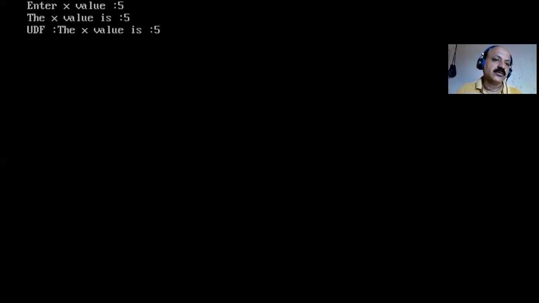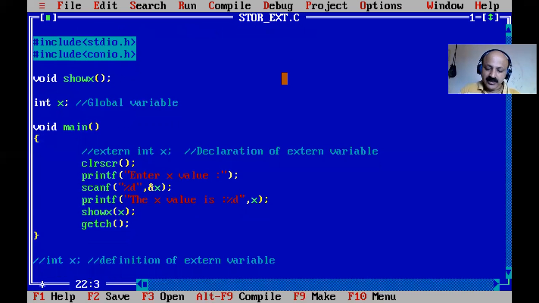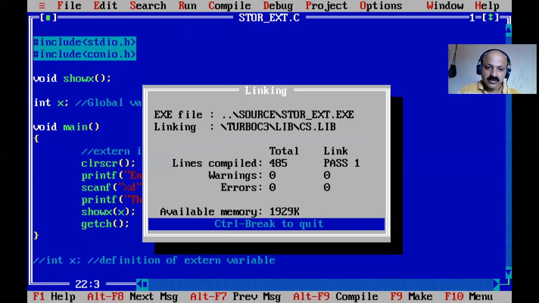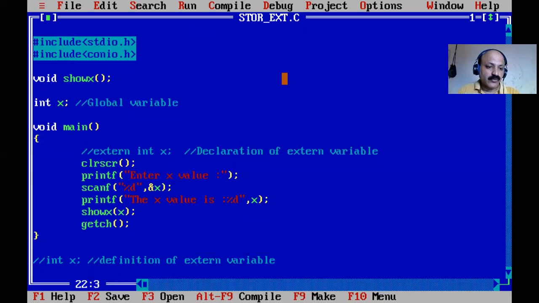So that both print. You can also declare inside the function, that is global scope, but you can declare inside the main or any UDF. So you can use the external keyword, and then that is global. And at that time the definition is not required. So I comment the line and let us check whether it runs or not. Yes, no error.